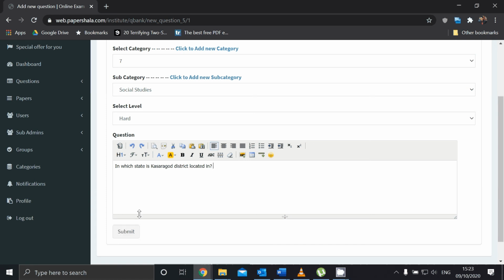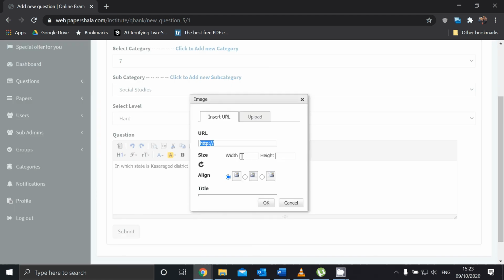Now for example, for those who are teaching Kannada or Hindi or Sanskrit, typing in this is going to be a little bit of a task. If you know how to use the keyboard and type it up well and good. If not, there is an easier choice, that is to click on this icon, where if you put your mouse pointer over it, it will just show you as image. Click on that and it will ask you to upload the image.